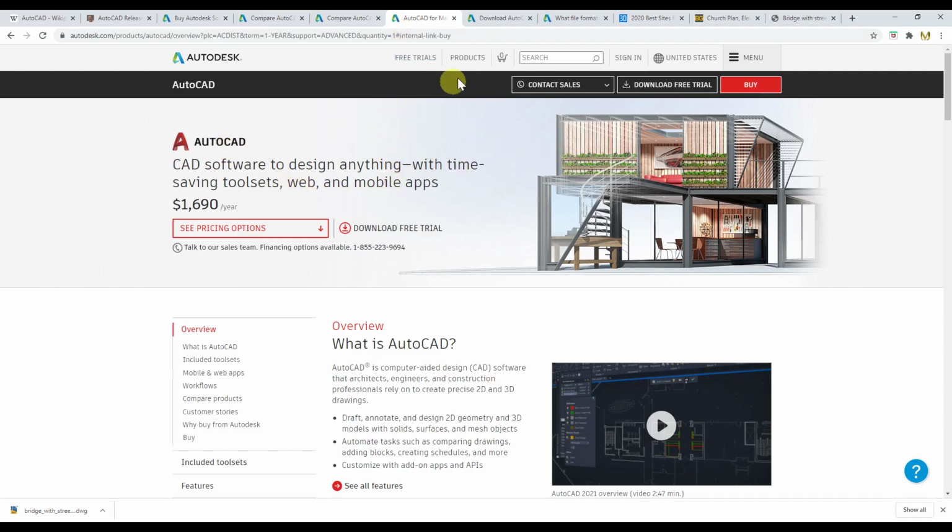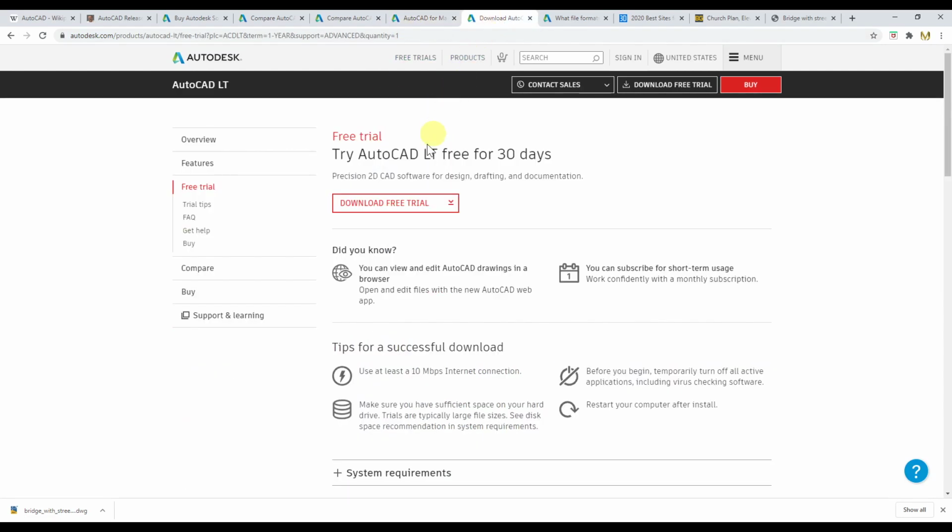You can download AutoCAD as well as AutoCAD LT for free for 30 days, if you're going to use it for personal or commercial purposes. However, if you're a student, teacher, or professor affiliated with an educational institute, you can sign up. It needs to be approved by Autodesk, and you're going to have the software for free. I guess as long as you're affiliated